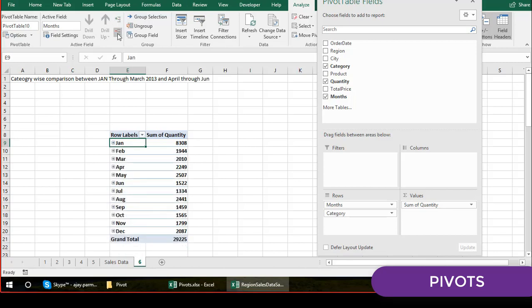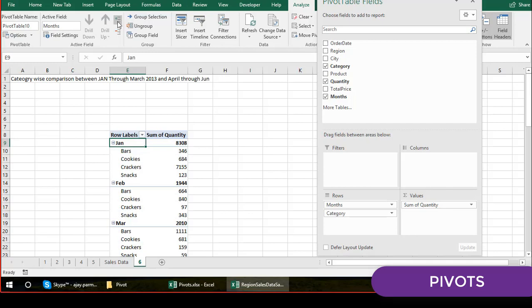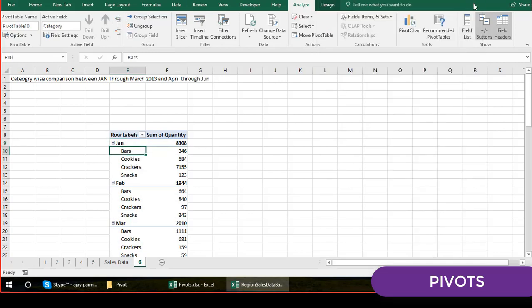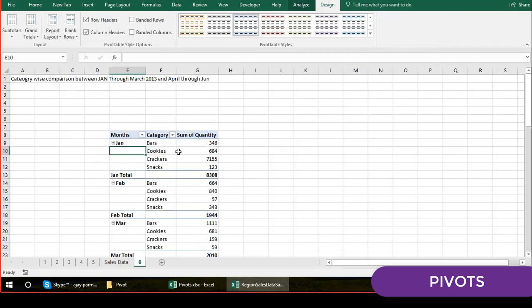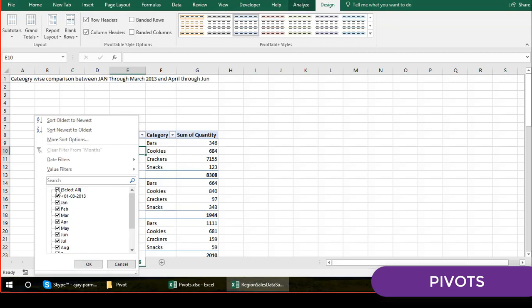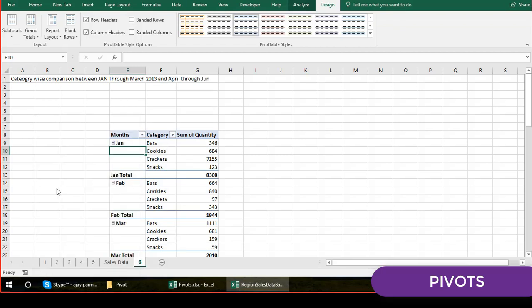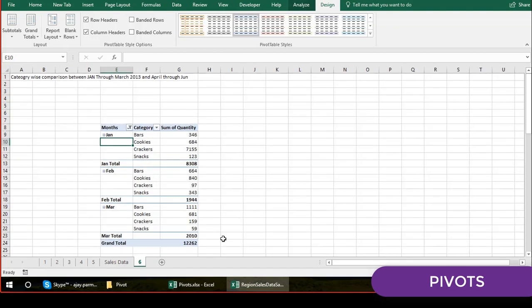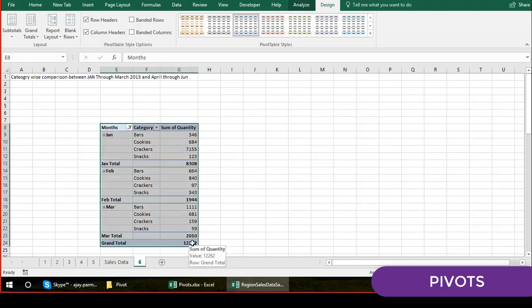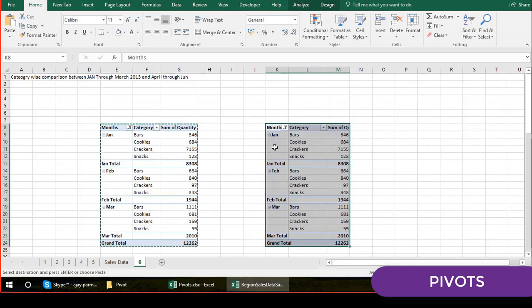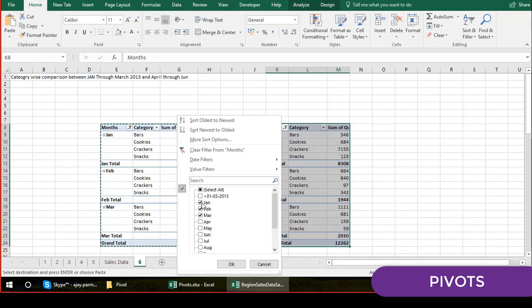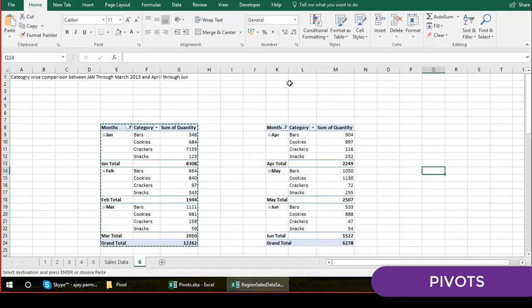And if I click on the collapse, that's there, right? But we definitely want to show this. Okay, so obviously I go again in the design view and I make this tabular form. Right now what I want is the Jan through March performance. So I'll make sure that I select Jan, Feb and March, right? So finally, when we have the Jan through March performance, rather than reworking on the same pivot, I create a copy of this, I paste it here. Okay, and then what I will do, I will just simply go here and I see that I need only the April, May and June, and there we go.